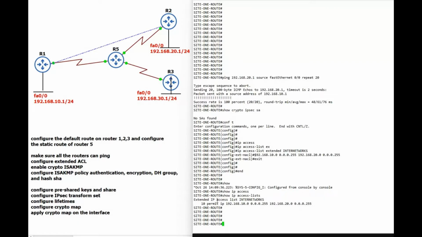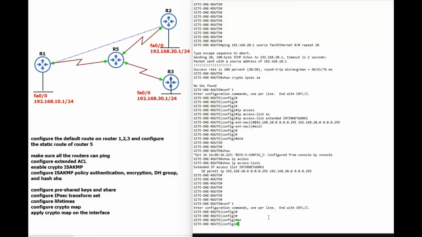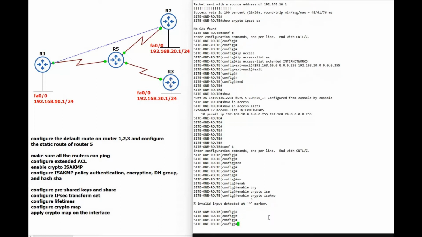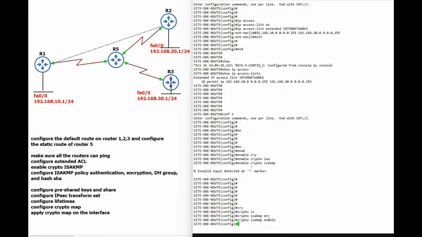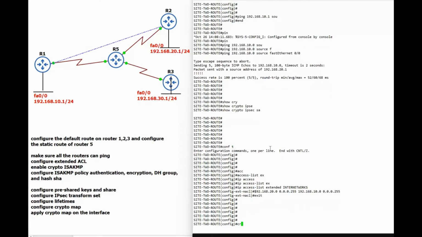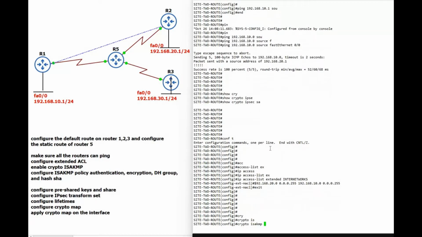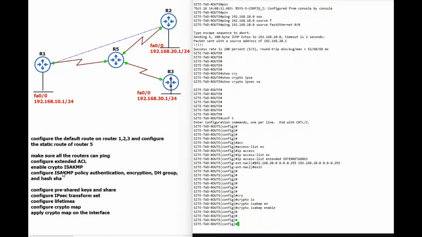Our next step is to enable the crypto ISAKMP security association. This command is enabled by default, but okay, sorry, ISAKMP enable. The same way we are going to configure on router 2. Okay, crypto ISAKMP enable. Our second step is configured. Now our third step is to configure the IPsec Security Association's